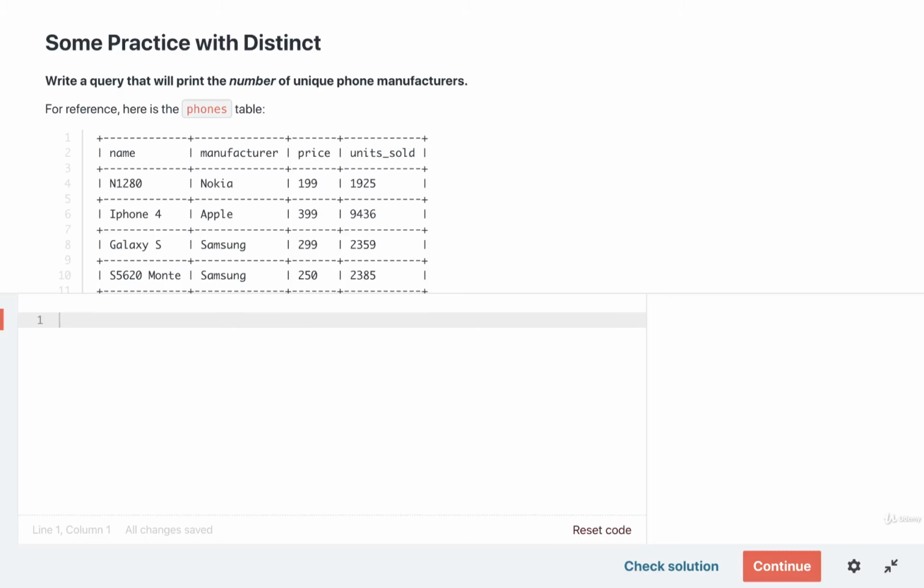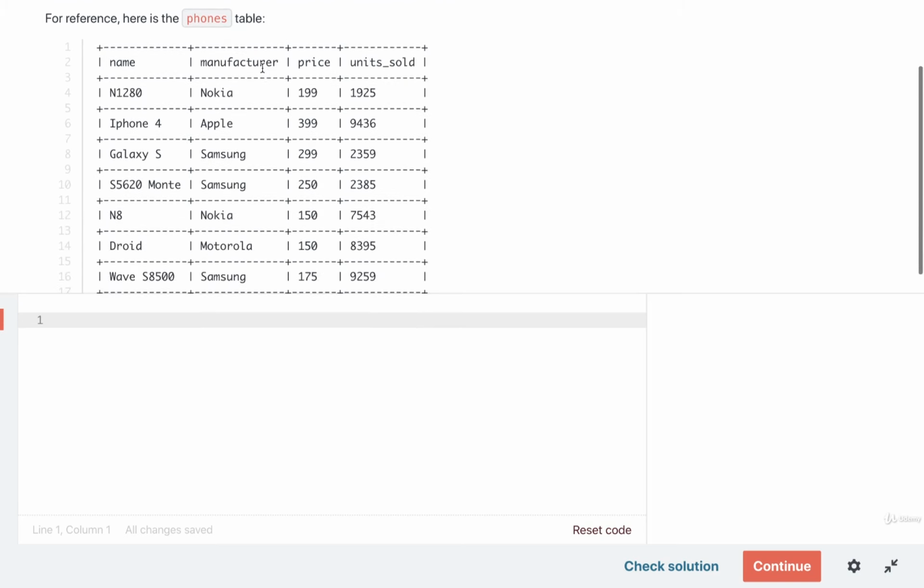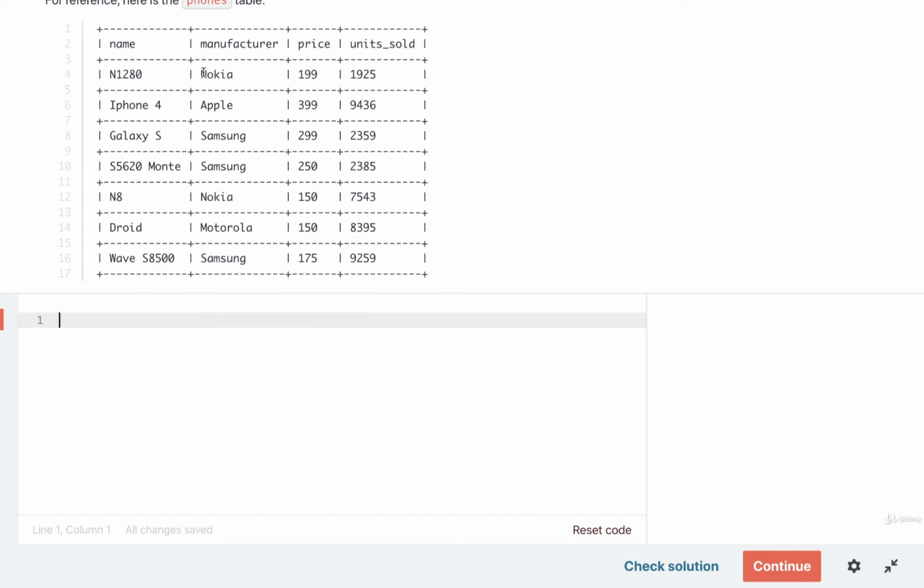We just took a look at distinct, but let's get some exercise or practice with it right away. In this exercise, our goal is to print out the number of unique phone manufacturers. So we need to take a look at the manufacturer column and then somehow print out the number of unique